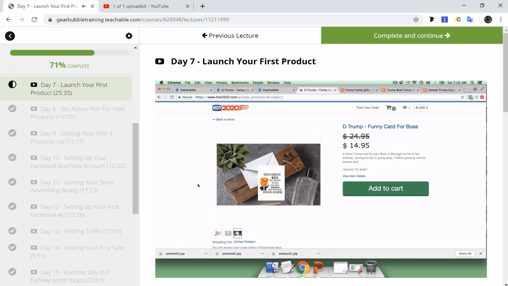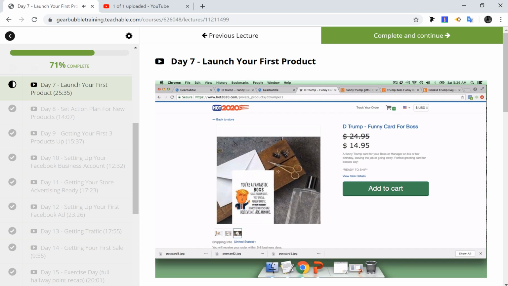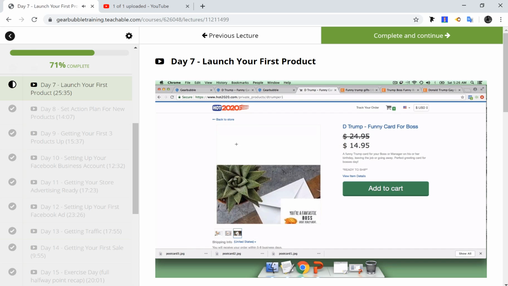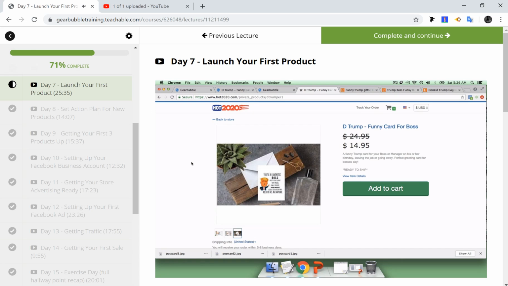If you wanted to, you could add a personalization field onto this and you could have a fantastic boss. And at the very end it says person's name is Michael Scott. Or it could say from Donald Wilson at the top left of it. And at the very end, to Michael Scott, kind of like any real gift actually could be. So that'll give you an idea of how we can